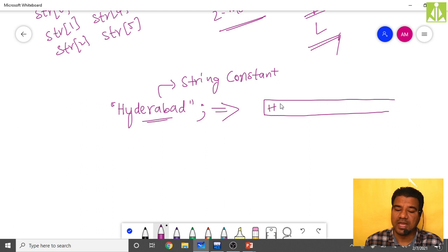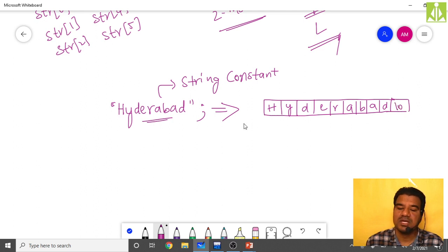So H Y D E R A B A D, and the last character is going to be the null character. You need not bother about the size or the delimiter. Simply whatever string you want to store in your program, do it like this.